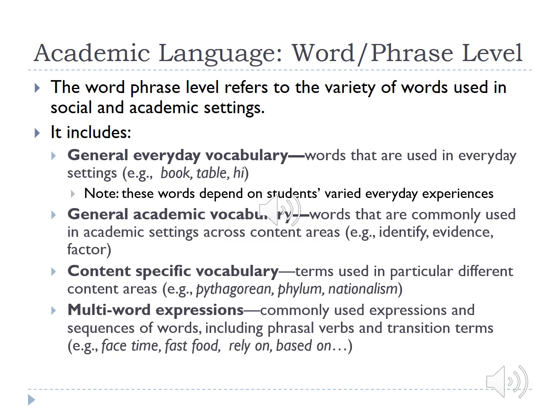General academic vocabulary refers to the terms used across academic settings. For example, words like identify and evidence might be used in more than one subject area. Content-specific words are the academic terms used in different content areas. Pythagorean is a term in mathematics. Phylum is used in biology, and nationalism is used in social studies or history. Outside of the content area, these terms would be less common. Multi-word expressions are common recurrent strings of words. For example, rely on and based on,